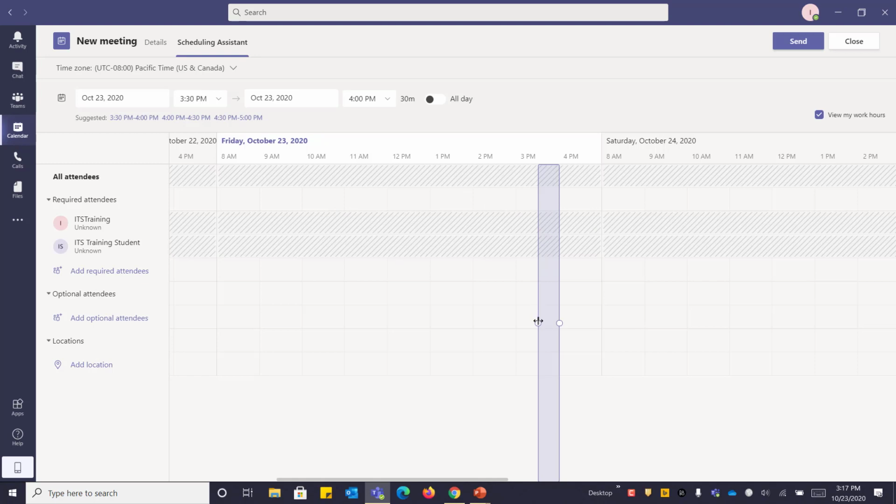You can make adjustments to your date and time by dragging the meeting time, which is the purple selection area. You can make adjustments as you need to this way. You can even add required attendees, optional attendees, and change the location from here too. I'm going to switch back to Details,